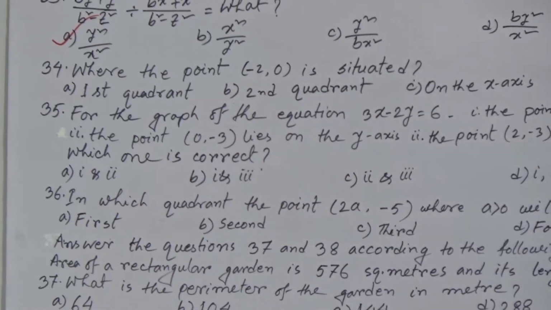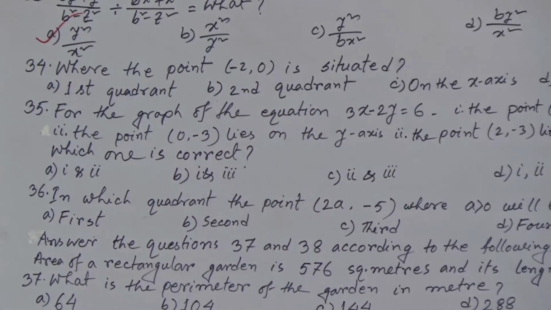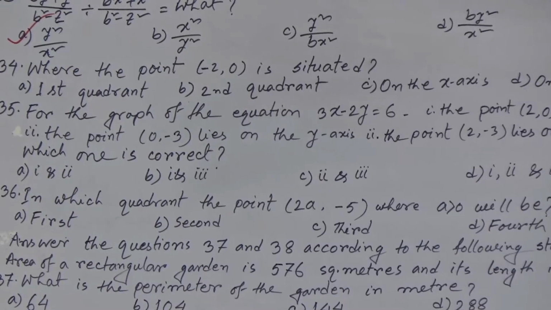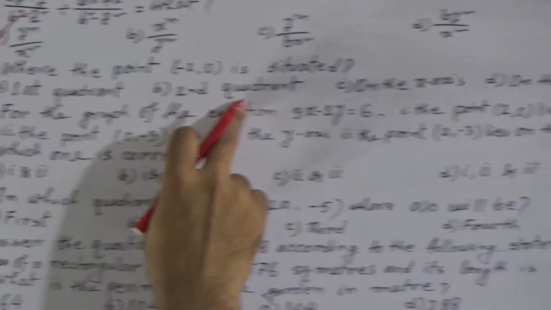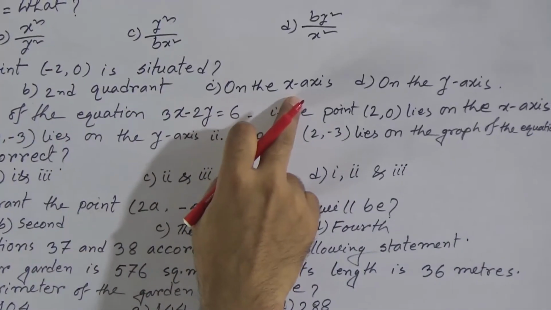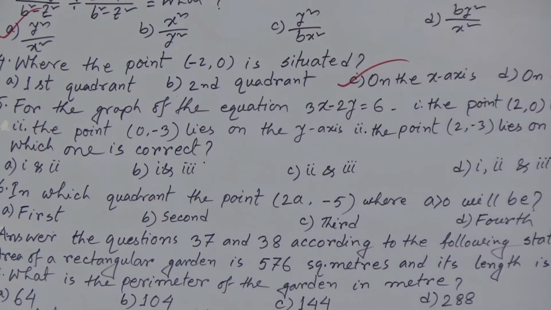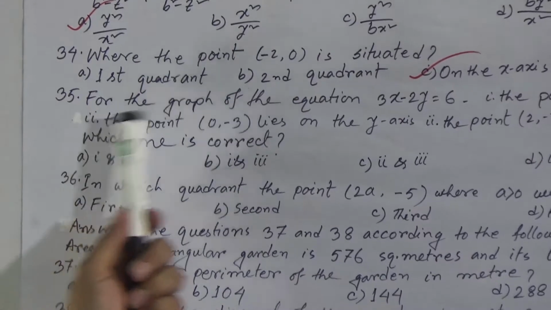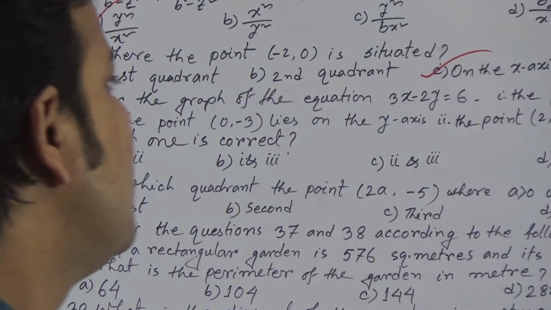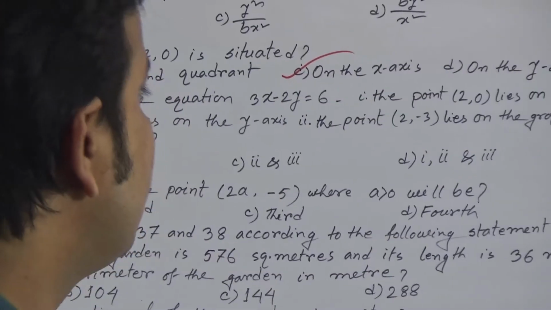Minus 2, 0 is situated on the x-axis. On the x-axis we have shown. First quadrant no, second quadrant no. On the x-axis, yes, this one is correct. Now question 35, for the graph of the equation 3x minus 2y equal to 6, first one,